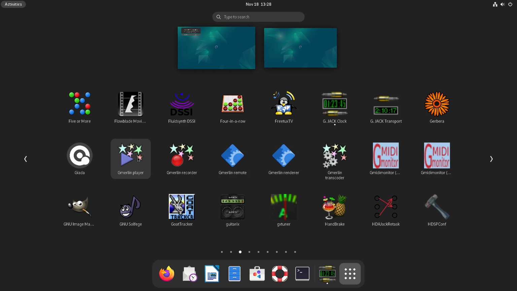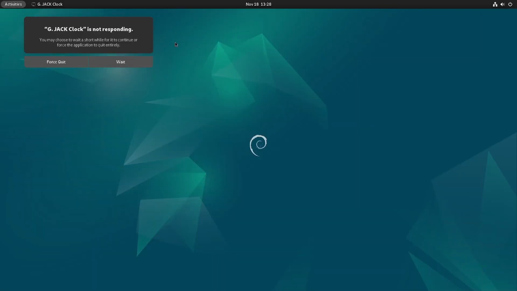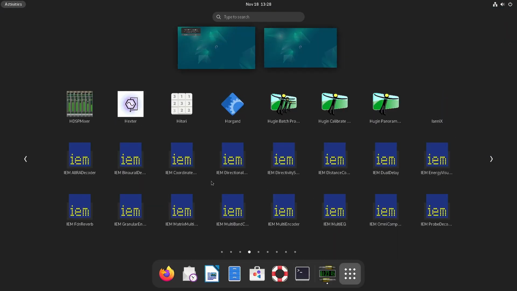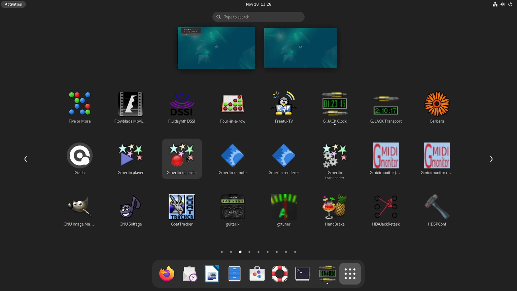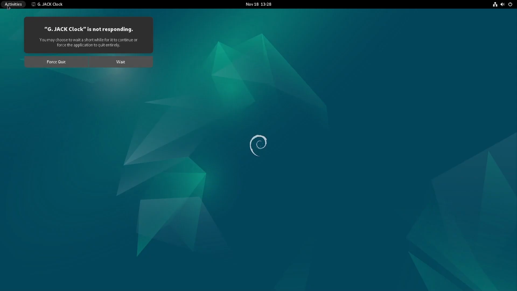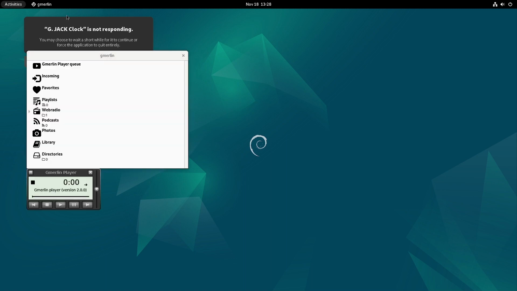Now Gmerlin player, let us check that out, and the other application we will check is Gmerlin recorder. So the player and recorder is there. Both applications will work in sync with each other to first record the video and then play the video. You can see it here. So it is some kind of